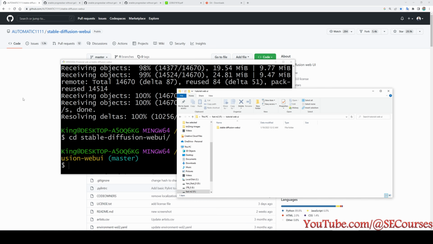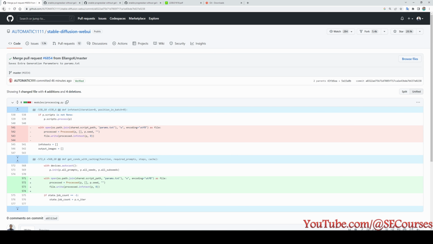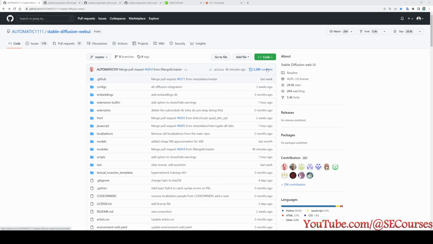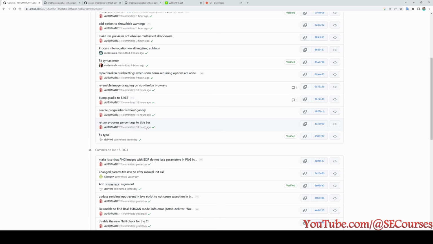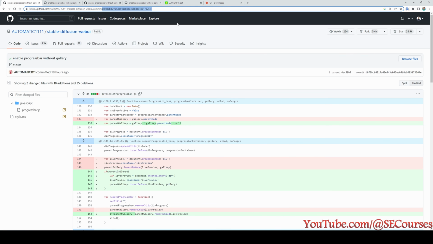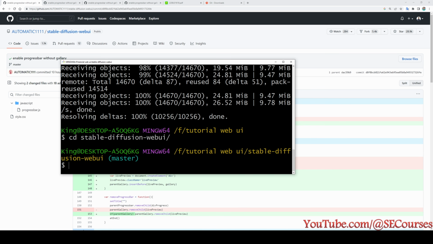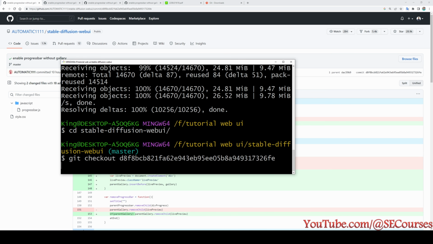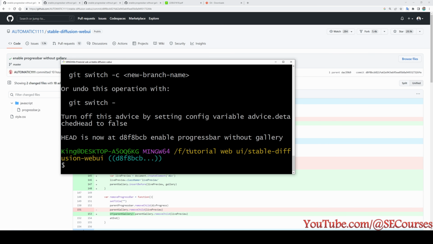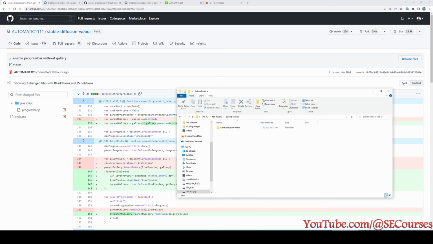Now we will check out the certain version from here. Let me show you again. Click the commits from here and here I am moving to the commit that I want. Enable progress bar without gallery. This is the commit ID. I will also put this into the description of the video. Then we are going to do git checkout like this and right click paste. Now we are on that commit